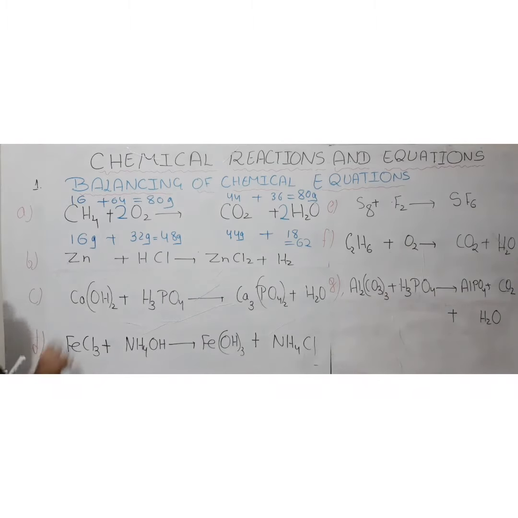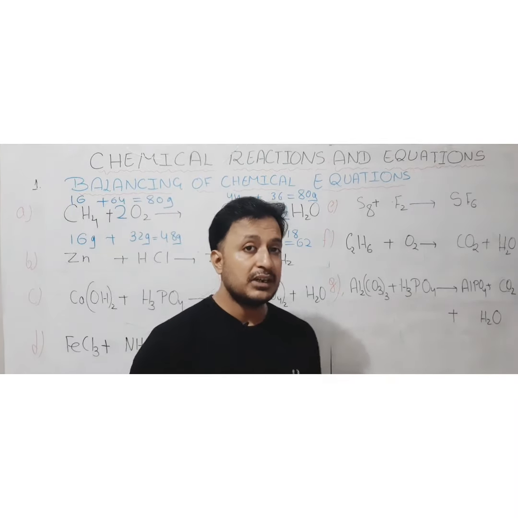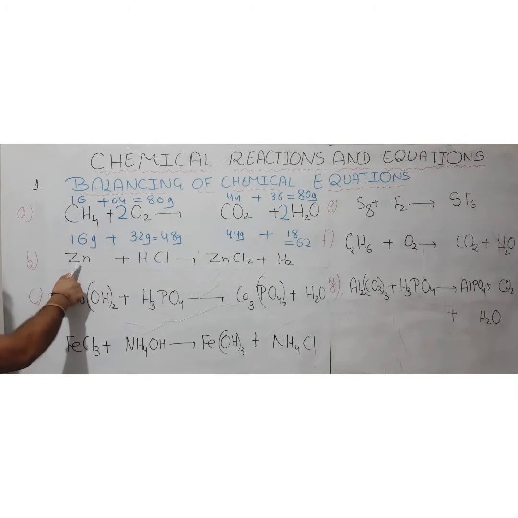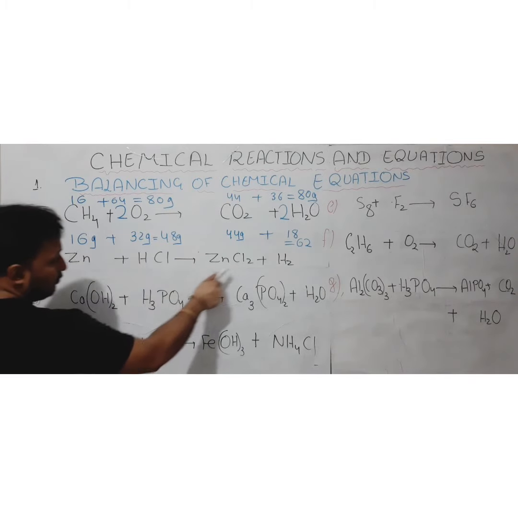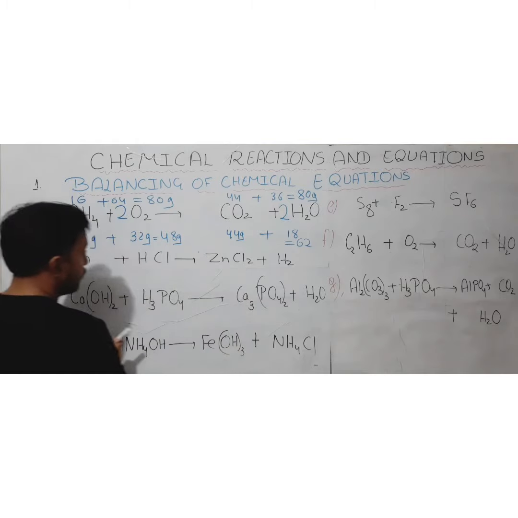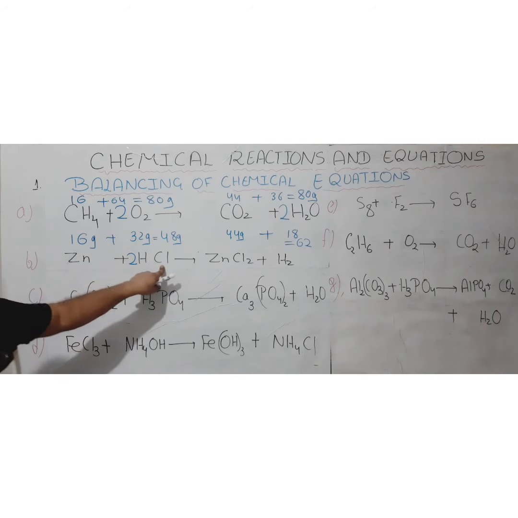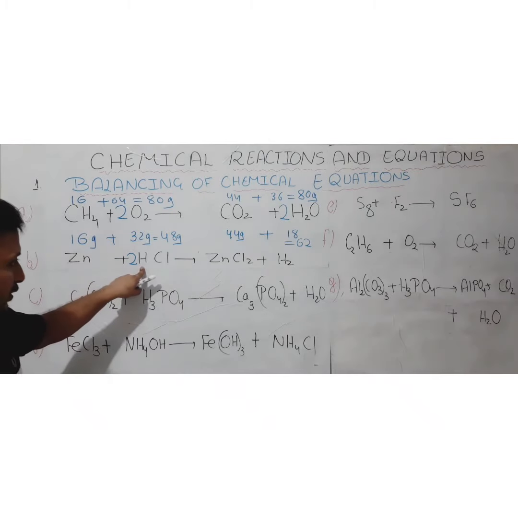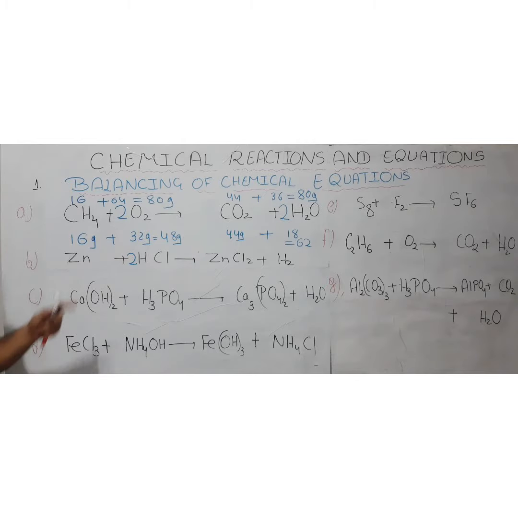Okay, now zinc, as I have told you, try to balance all those elements which are other than hydrogen and oxygen first. So here we see zinc first. Zinc is already balanced as there is one atom only. When you see chlorine, here is only one atom, but there the chlorine is having 2 atoms. So we will be balancing the chlorine by putting coefficient 2 here. So the chlorine become 2, and here it is also 2. Now it is balanced. If you see hydrogen, hydrogen is 2 here and hydrogen is 2 here. So now it is already balanced, so no need to balance it. So that is how you can balance this equation. So one more equation gets balanced.